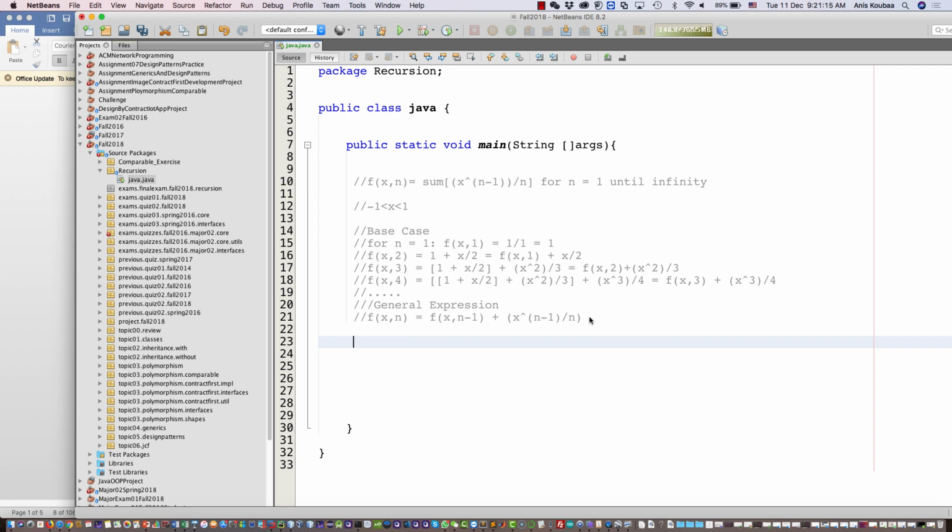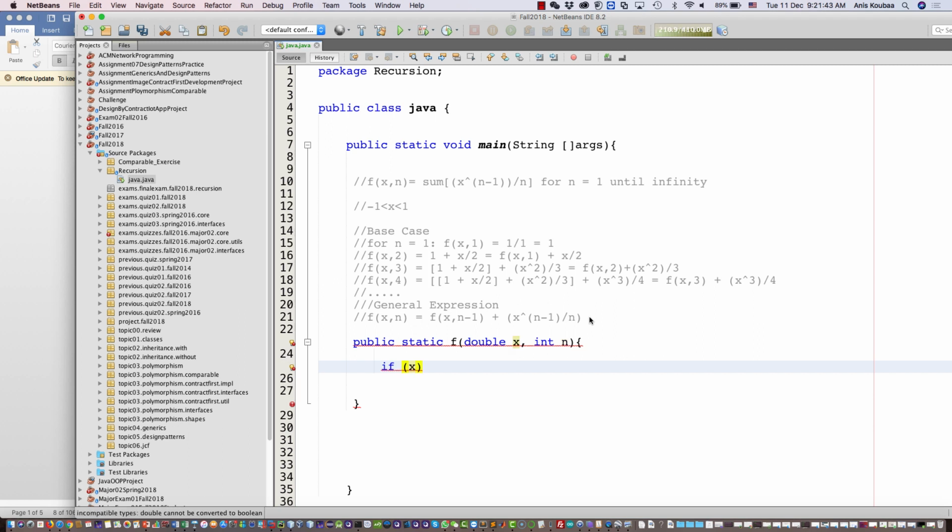Now, I will translate this into a Java program. That's the whole thing. So let me now write a function, public static double f, which takes a double x and an int n. First of all, I will check if x is greater than 1 or x is smaller than -1, I'm going to throw a new